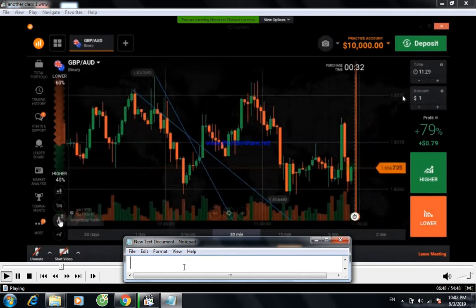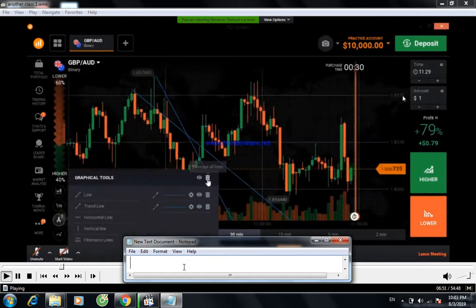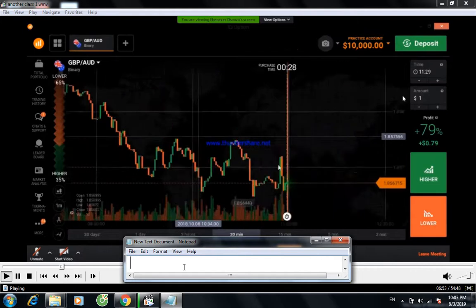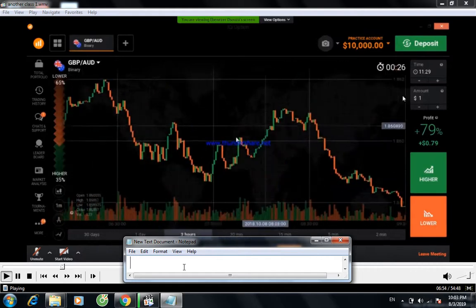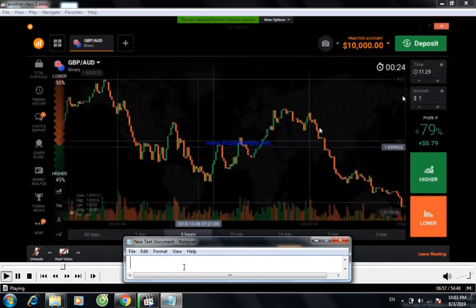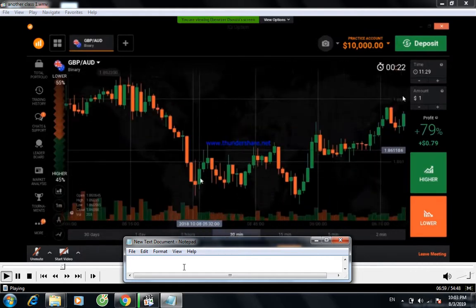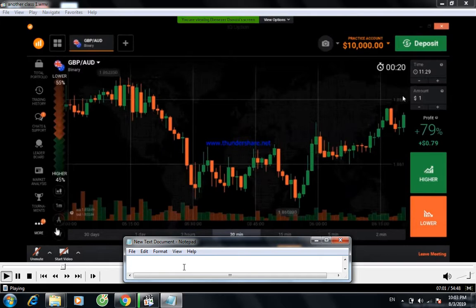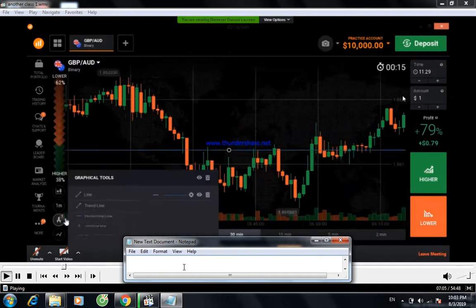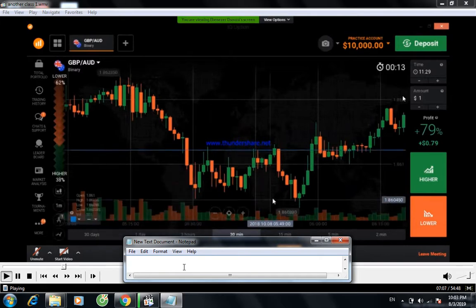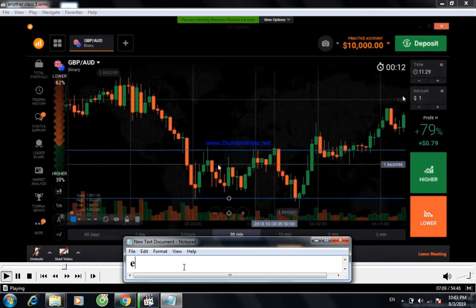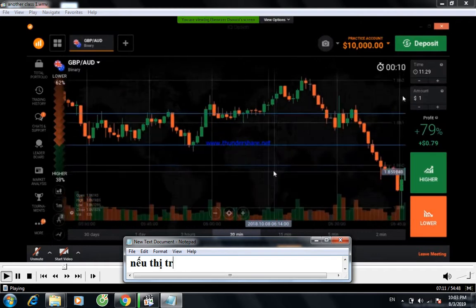You can trade with these trend lines, but only in trends, not in a ranging market like this. You can trade in trends. This is a ranging market from here to here. You can't trade here with the trend lines. You can use horizontal lines here to trade